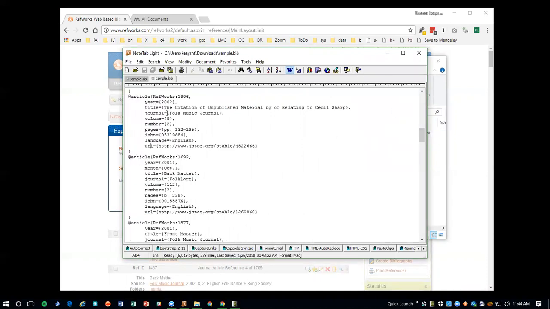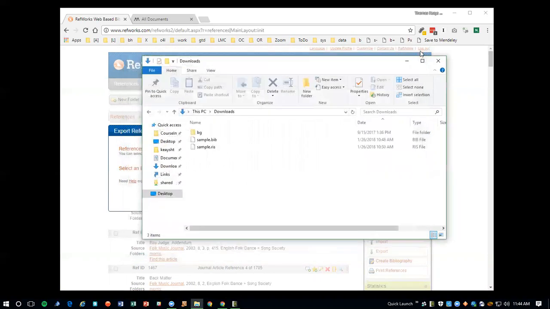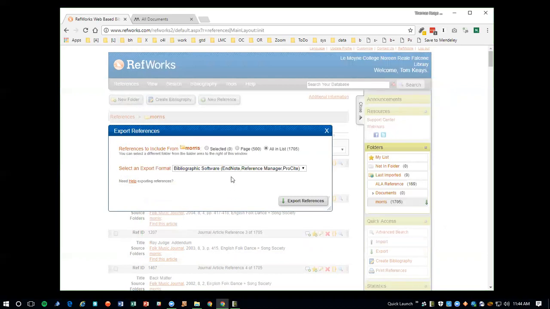It's going to be very similar in BibTeX. It's marked up differently, but the fields are still labeled: year of publication, title of the article, name of the journal, volume, issue, pages, etc. You get the idea. Now, you don't actually have to be looking at these files to understand how they work. You just need to know that you need to export them in an RIS format, and that's what you need to do. Okay, so if I click that,